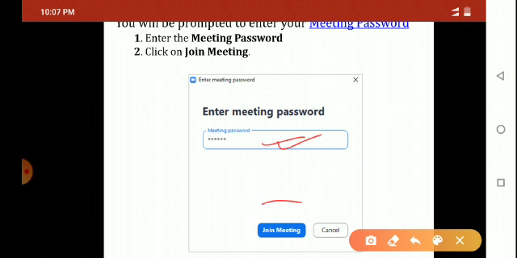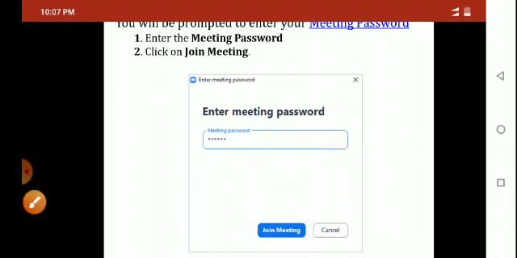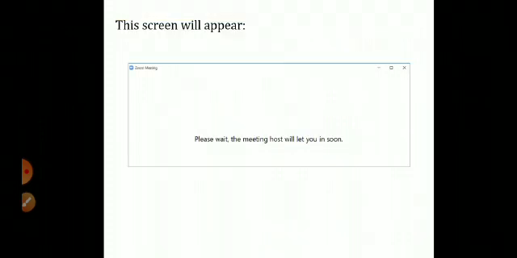When you type this password here, you can see join meeting. After putting this password, it will be visible. Then you have to click on join meeting. After clicking, you will automatically join the meeting.